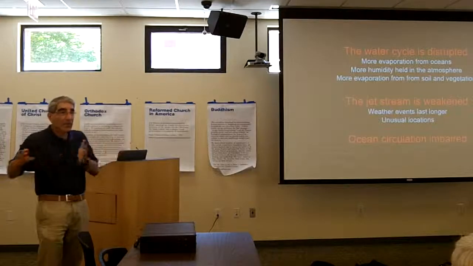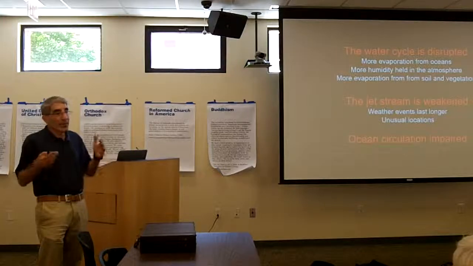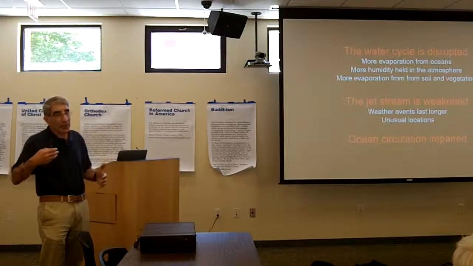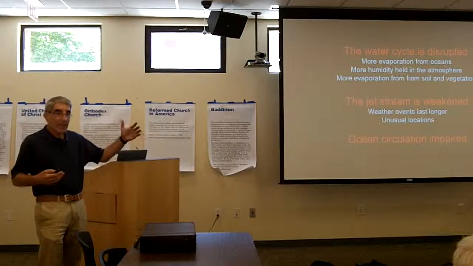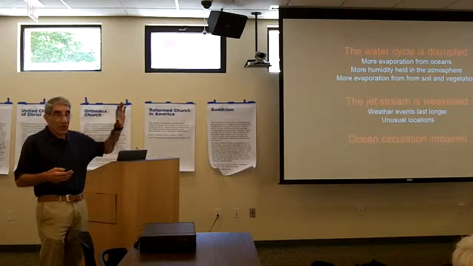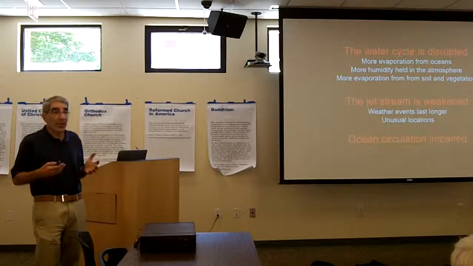It's the jet stream that moves these weather patterns. And the jet stream is powered by the gradient in temperature between the equator and the Arctic. With that gradient being diminished because the Arctic is warming faster,